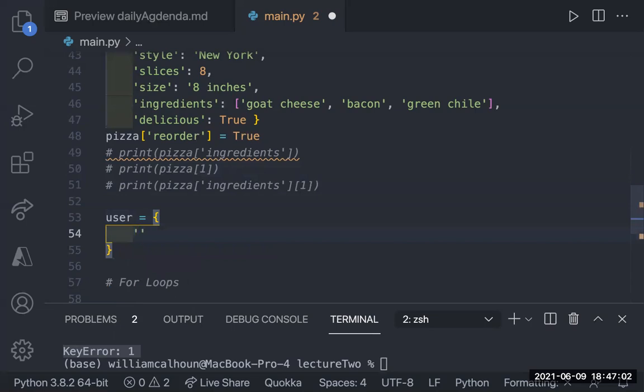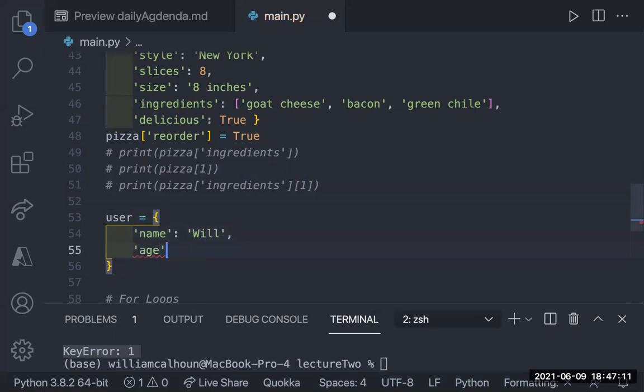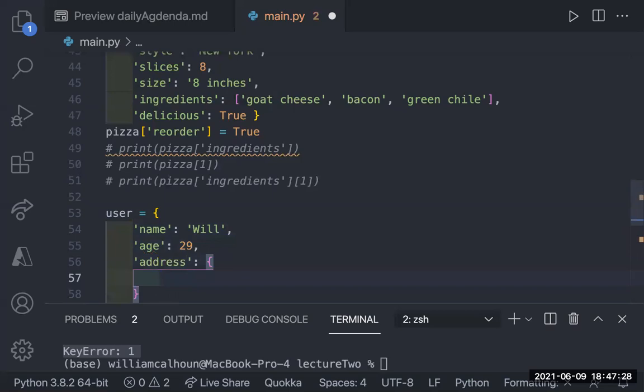Where you have name equals Will, age equals 29. Address. Well, I can actually put my address, but my address is some sort of dictionary. For inside there, I've got a city.